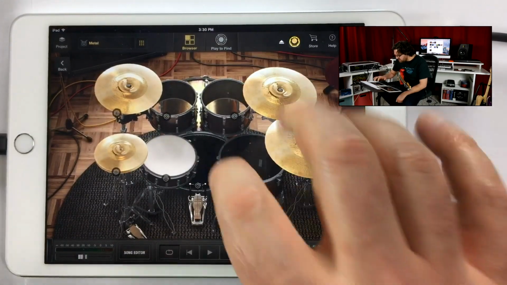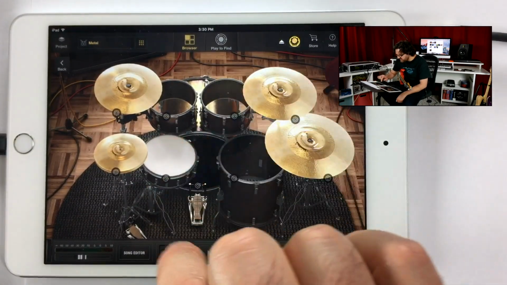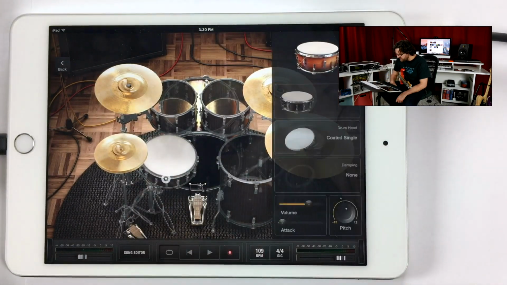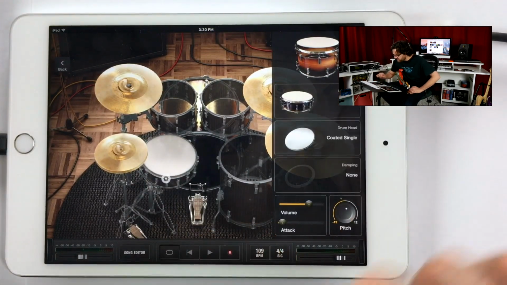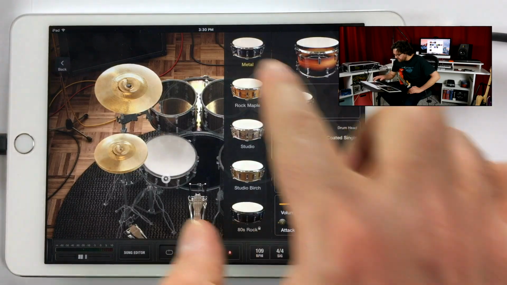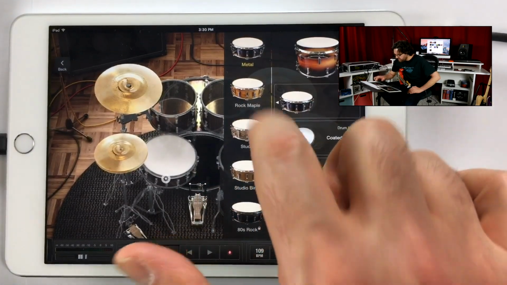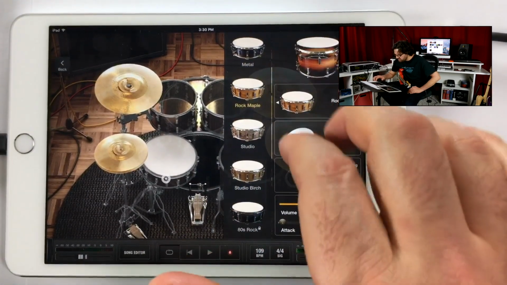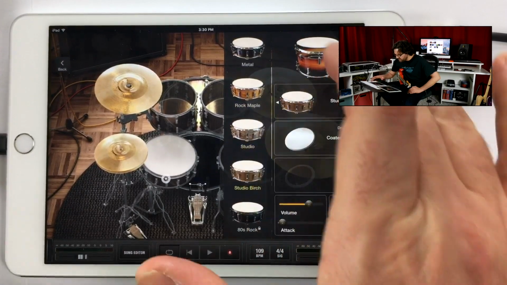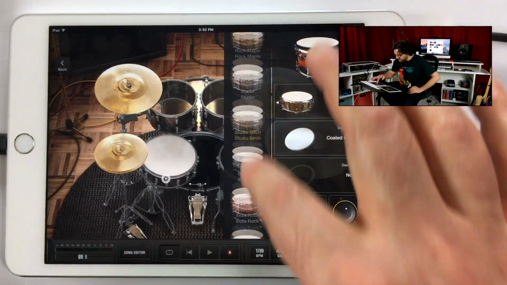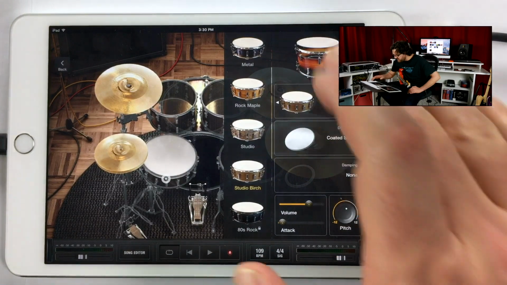And let's say that I wanted to work a little bit on this snare. I'm going to click on this gear icon here. I can change the type of snare that is used. Right now we're on the metal snare. I can use a rock maple snare, studio. You have different ones available, and you can purchase new ones if you'd like. Once you find the one that you like,